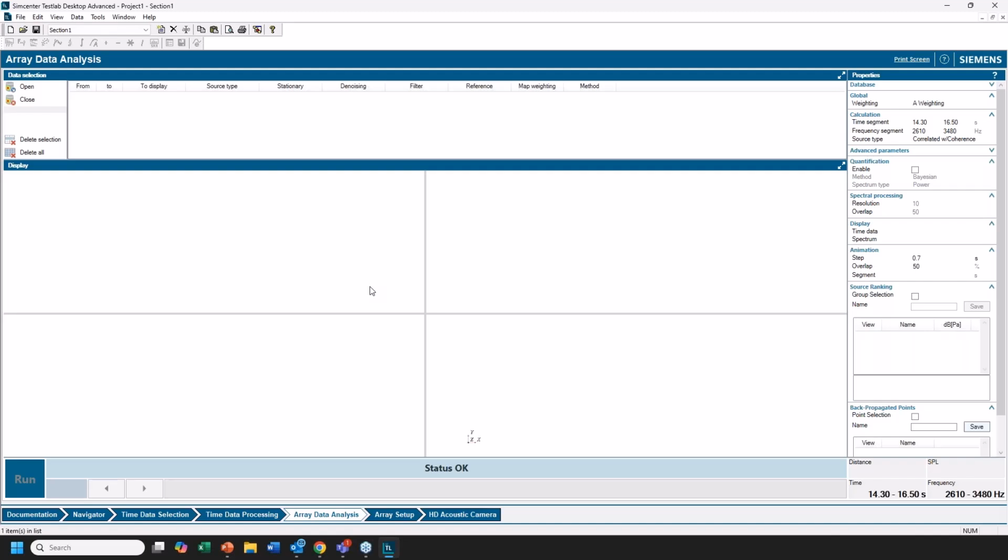One of the drawbacks with the HD acoustic camera is it would always just default to the first frame of that video acquisition. But with our array data analysis software, what I'll show you is that it'll go to the correct still frame in that moment in time to give you a better insight into the visualization. Does that make sense? Yeah. Is this tokenable? This is tokenable.